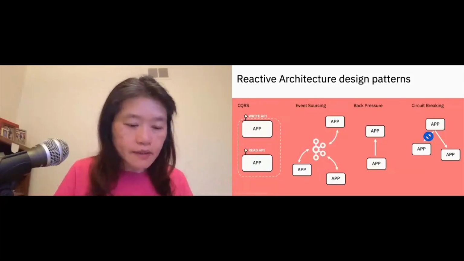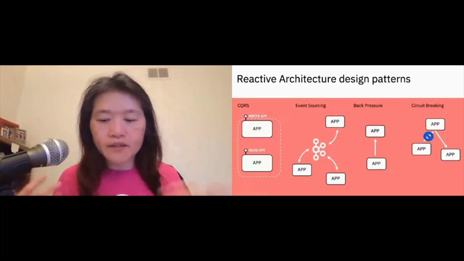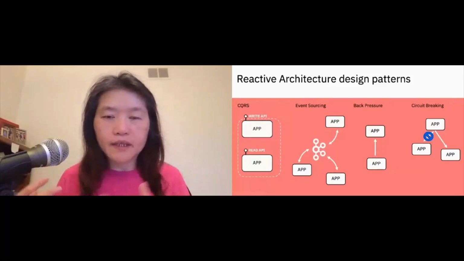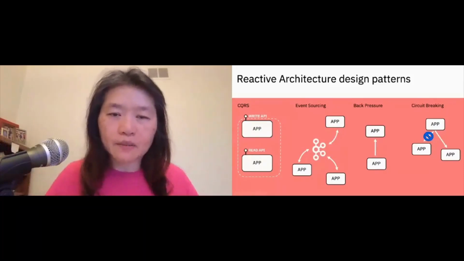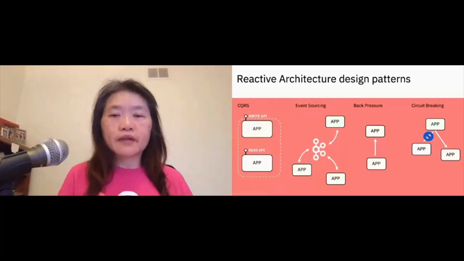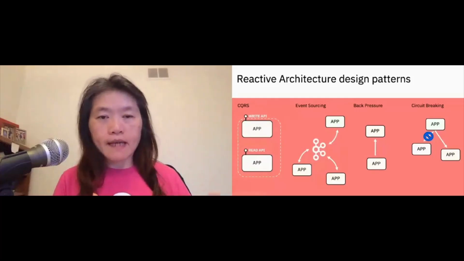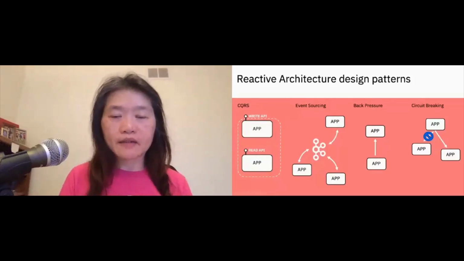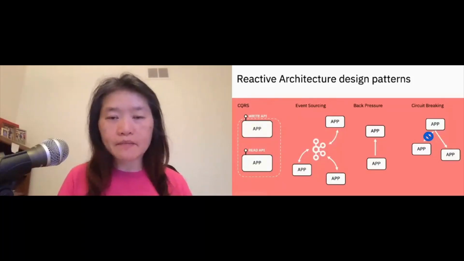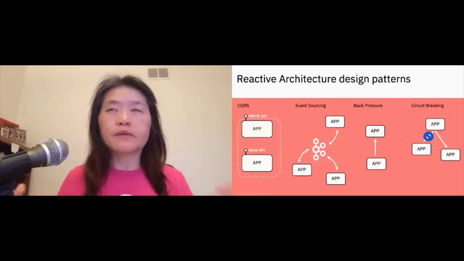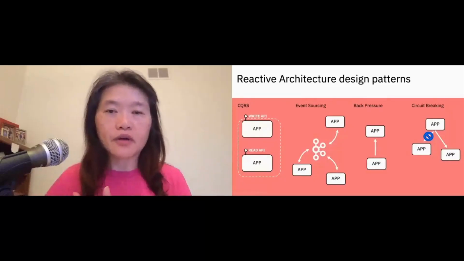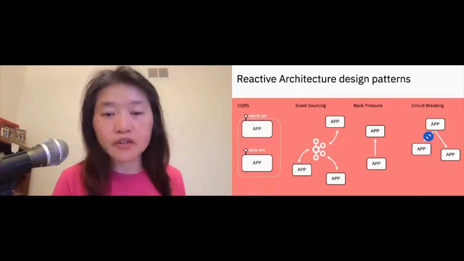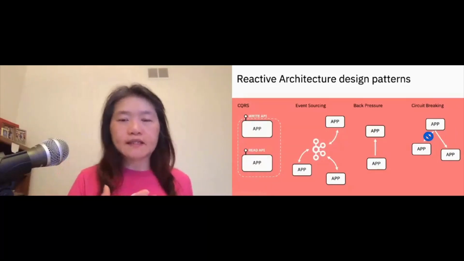And if you are deploying your systems to a cloud, a containerized cloud deployment, you can design your system so that there are more processes to handle the load. That relieves your back pressure. Or maybe you can slow down the requests coming in. Maybe you make your requests wait before you actually give them to your consumer. You can do that too. But essentially, that's back pressure.